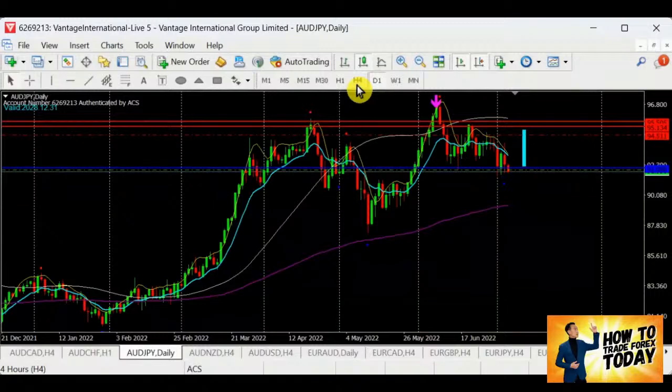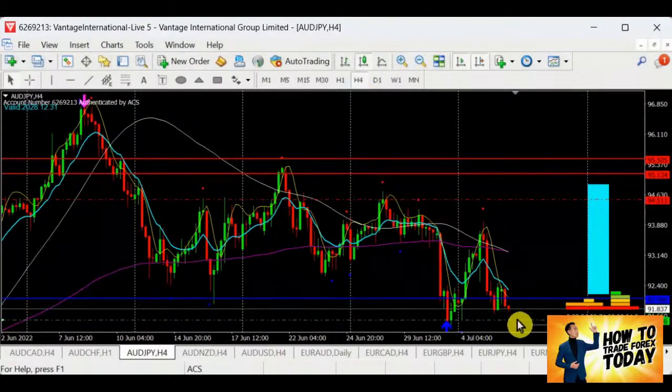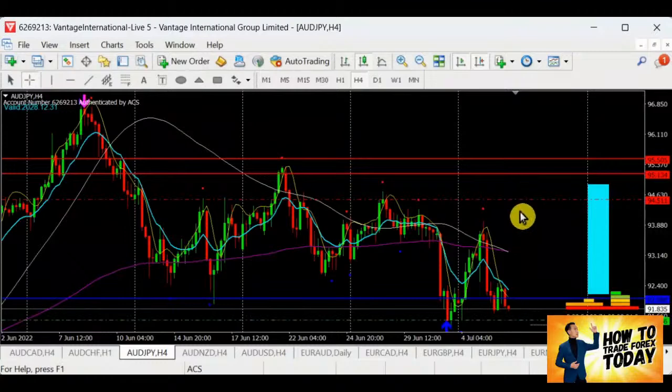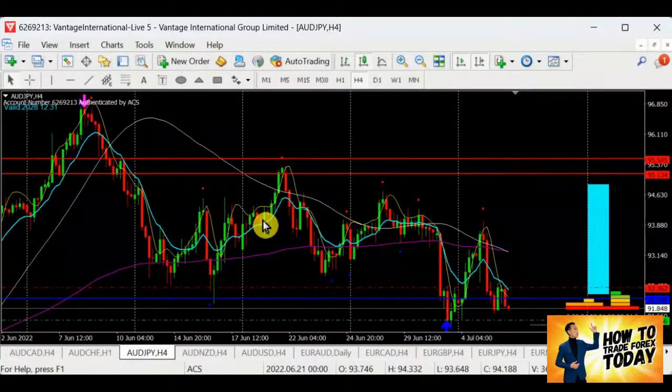Tentatively, by looking at Aussie Yen, we are still looking out for selling. Let me check. Am I right? Yes, we are still on the selling part, but we are very near to the support level, just about 25 pips away. Is there any new resistance? Yes, the resistance has come below here and also here. So this is the resistance level. Once again for Aussie Yen, it looks good to sell.